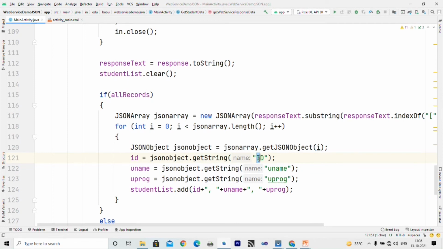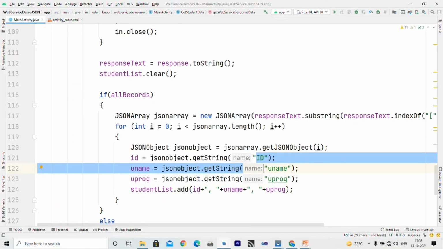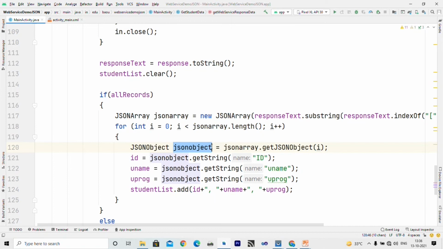When i is equal to 0, it represents this data: 1, Himanshu N. Patel and MCA. So when i is 0 and I write JSON array dot get JSON object i, it returns the first object inside the JSON array, and using the get string method with the key name id, I get 1 inside id.